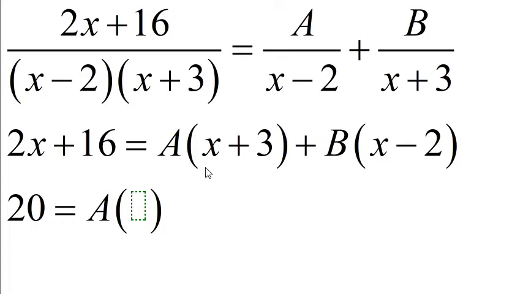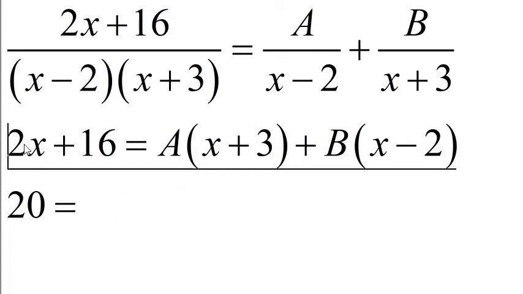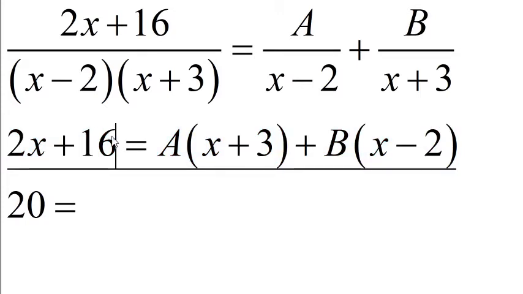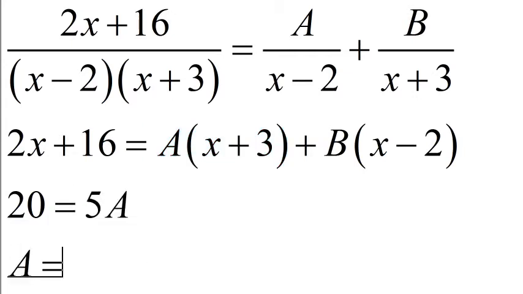a times... Okay, I'm plugging 2 into this whole equation, and on the left side, when you plug in 2, you get 20. 2 times 2 plus 16. It's to zero that out. And that equals, what do I get when I plug 2 into this, 5a. So a is